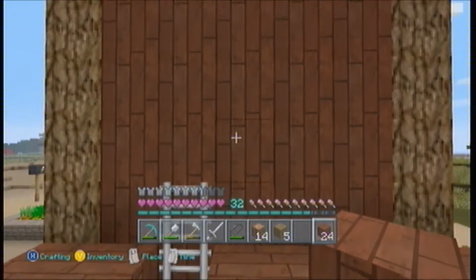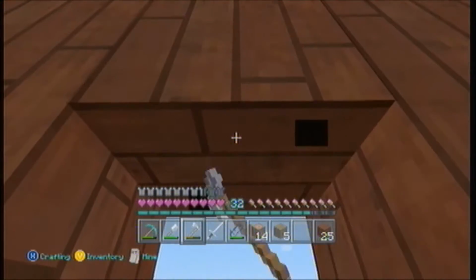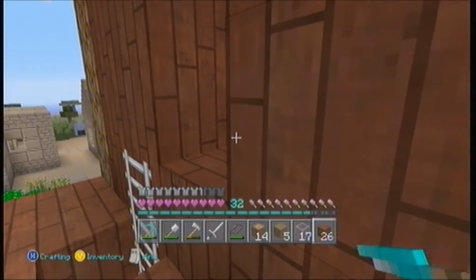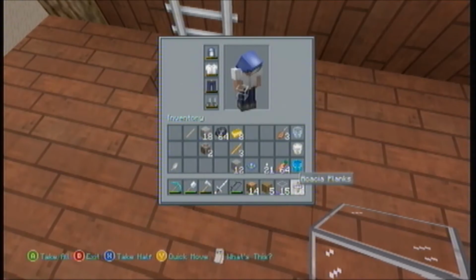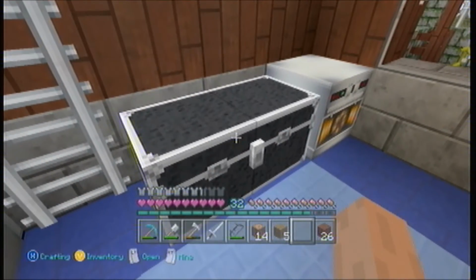Okay, so, right here, that is where we are going to put this window. Yes, that is the middle. It's silly, I know, but I like everything to look nice and neat and even. Alright, lovely. We'll use the rest of the glass in a little while, right after I...